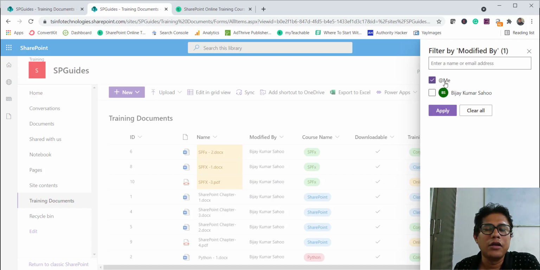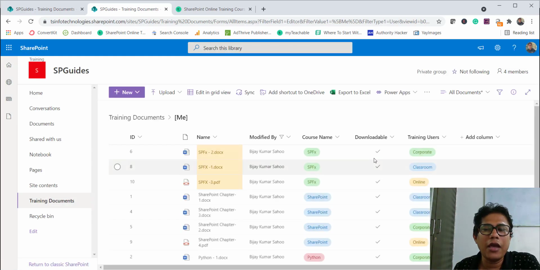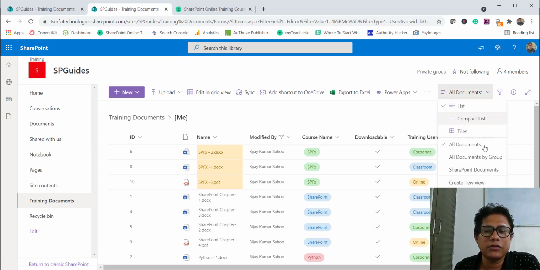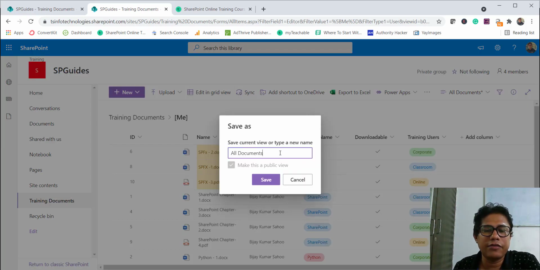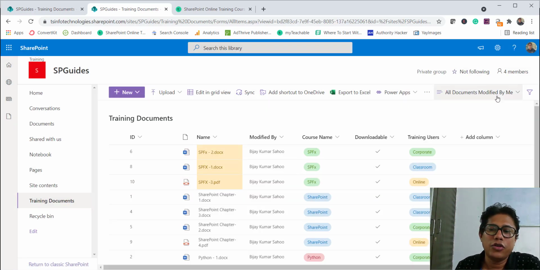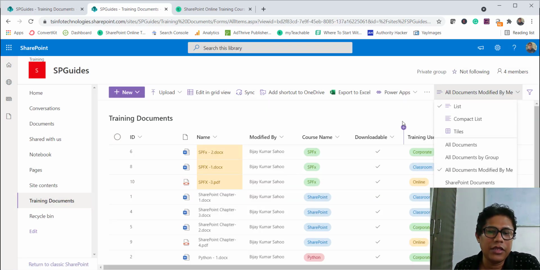So if I click on @me, if I say Apply, now you can see here all documents. So I definitely want to save it as a different name, All Documents Modified by Me. You can see here, I'll click on Save. So now any user will come here, they will be able to see only the documents modified by the logged in user, they can only see that option.